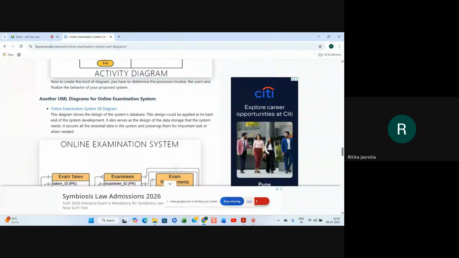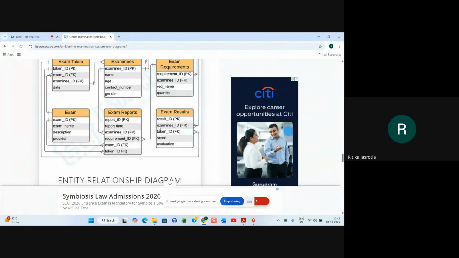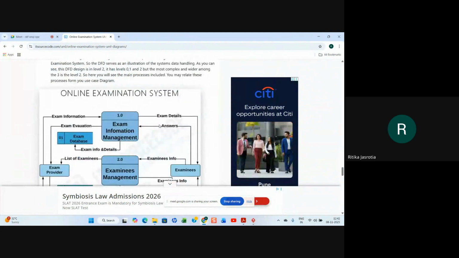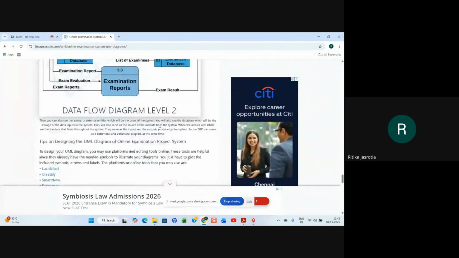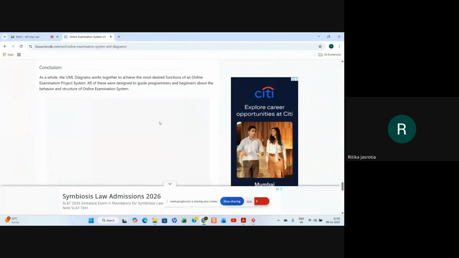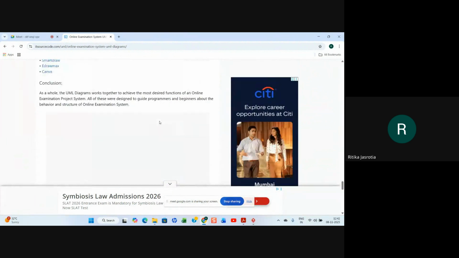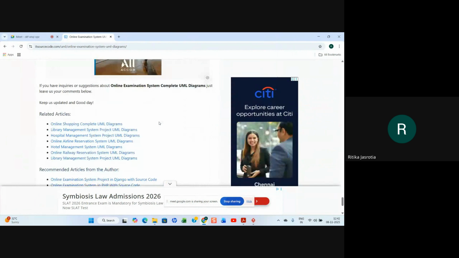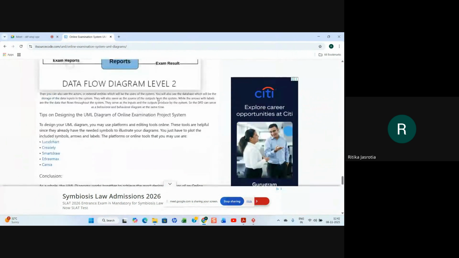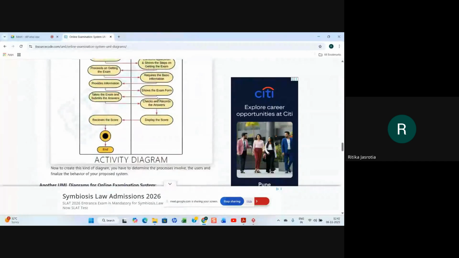This is an entity relationship diagram they have drawn. What is this, a data flow diagram? I don't think so. This has a state chart diagram. In this, it is not there. State chart diagram is not there.